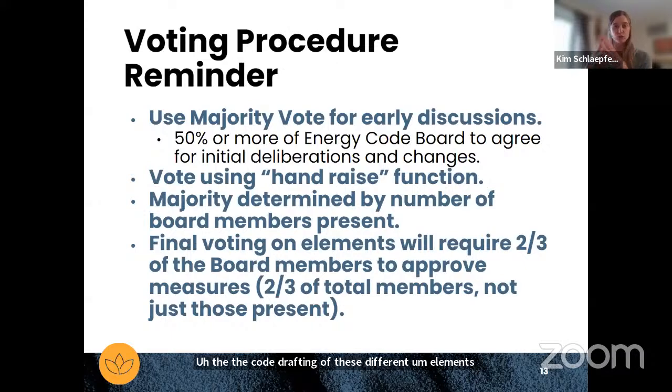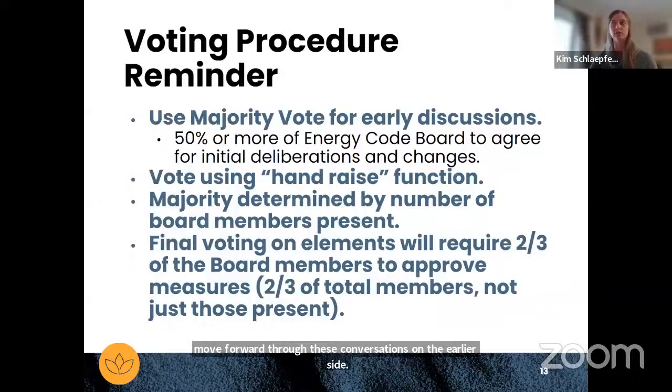As we get towards the end of this whole effort, all of our final voting will require a 2/3 majority of board members to approve the measures, and that includes all board members, not just those present. So I really want to distinguish that final voting will happen at the very end of this process, and as we move forward through these earlier conversations, we're going to use that majority vote principle.